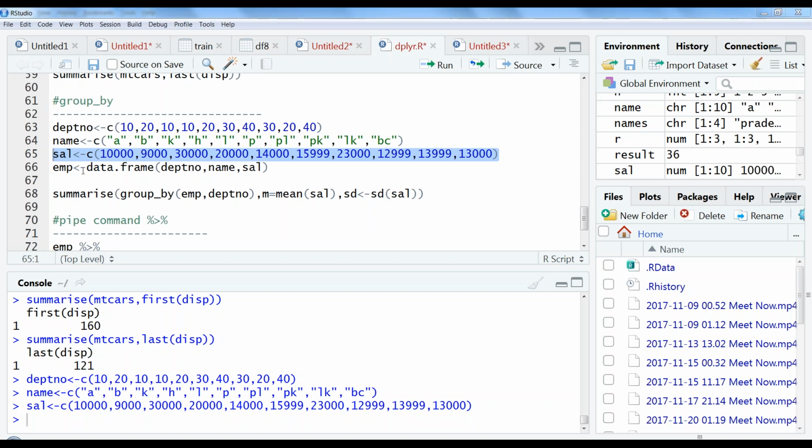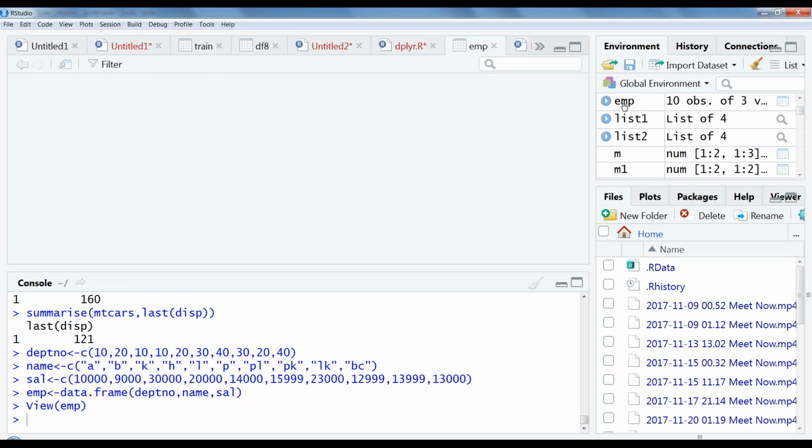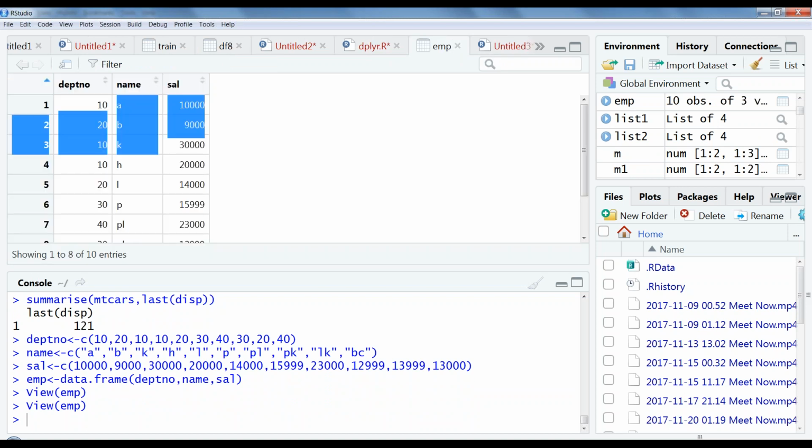And I'm going to create a data frame. EMP, employee, is my data frame. It is data.frame, and I'm going to use all three vectors: department number, name, salary. So I have my data frame. If I want to see it, I can see it nicely built up here in a table. I have department 10, employee name A, and his salary 10,000.